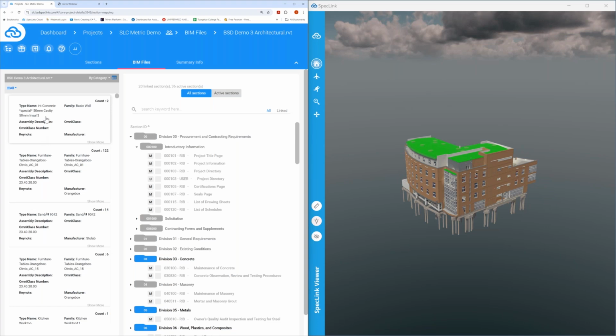But take a look at this. There's a variety of things going on here. Some of this information is completely blank. Sometimes it's filled in. We know that many of you work in different ways. Some may use Keynotes, some may not. Some may use assembly descriptions, some may not. So we can't make our product dependent on any one aspect that's going to force a BIM manager to have to go back through and update all of their content to put specific information in specific areas to make the